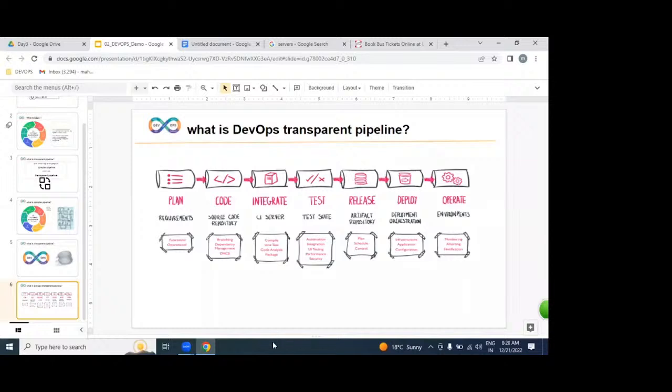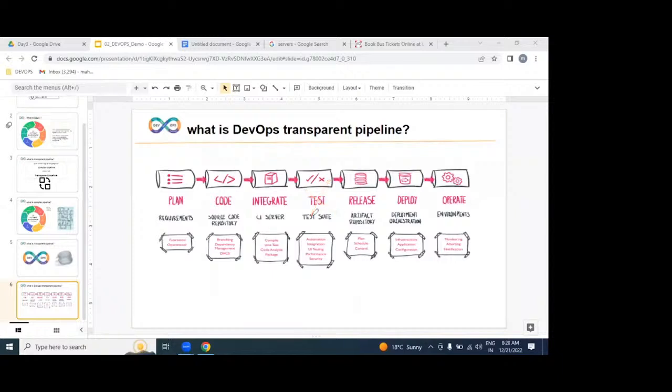In this DevOps process, we have several stages like plan, code, integration, testing, release, deploy, and operation. But in this DevOps process, our roles and responsibilities start from the dev environment and end with what? Operation. That means we are part of coding, integration, testing, release, deploy, operation. That means, are we going to be writing any coding? No, we are not writing any coding. Are we going to be writing any test cases?